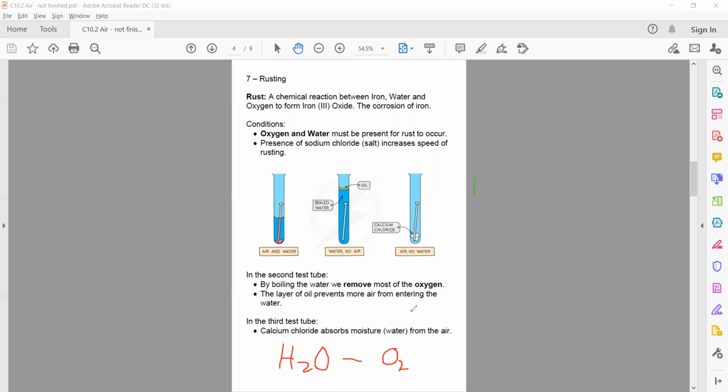Okay. So when you think back to C3, atoms, compounds, and mixtures, water is a compound, which is H2O. It's chemically bonded together, but we can add things to the water to make it a mixture. And in this case, it's a mixture of water and oxygen. Like we can separate any mixtures, we can separate the water from the oxygen, and we can take out the excess oxygen. So if that's not clear, I'll explain it again at another stage. I'll make a note of that. That's an interesting concept. Cool.